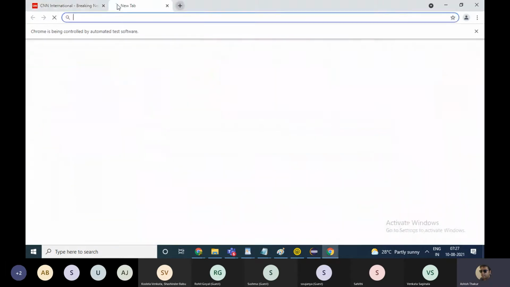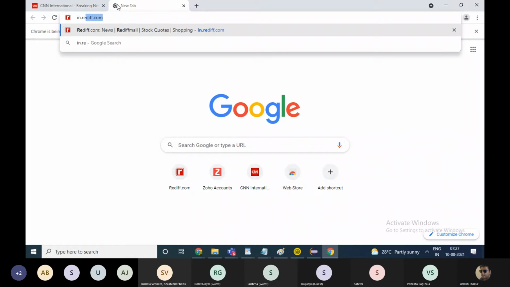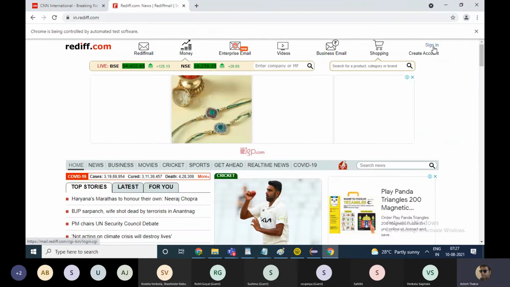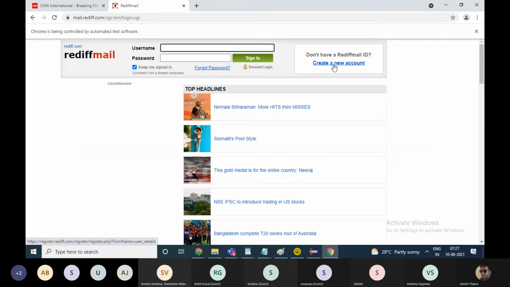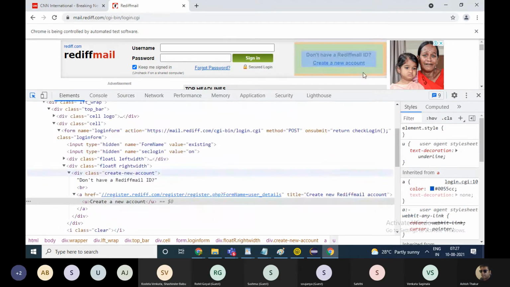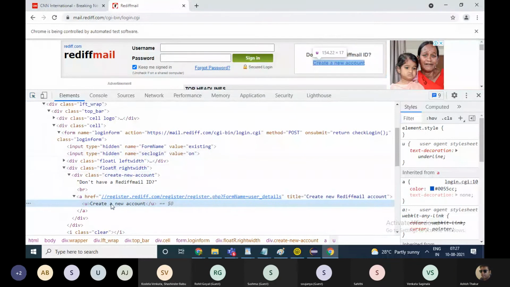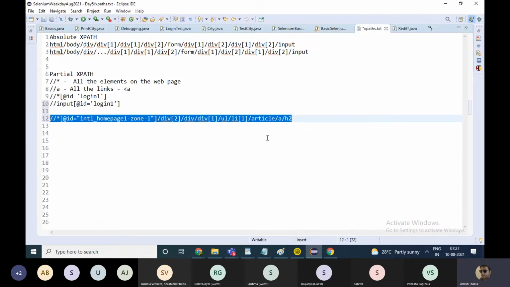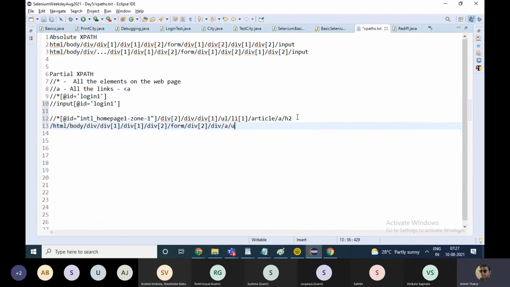All right. In our previous example, I tried to get the XPath for this create new link. And I tried to copy the XPath, and what I got was a complete XPath.